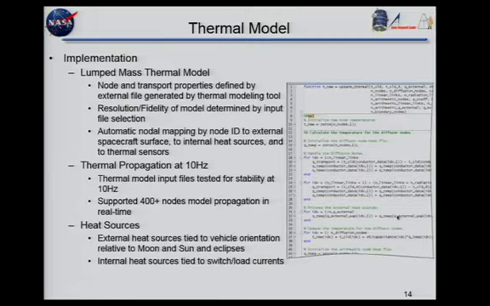Very domain-specific tools will generally require external inputs in the form of input files that have predetermined attitudes and things, for example for thermal, and then compute their propagation. For us, we just tied those states directly into our model, so we could handle things like eclipses and see the effects of everything together, and also have the heat sources tied to the state of switches and the state of loads, so everything was tied together.